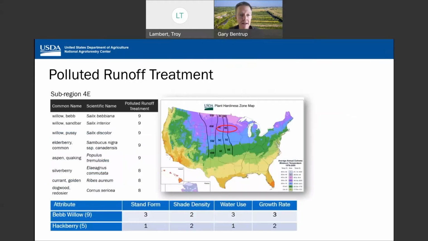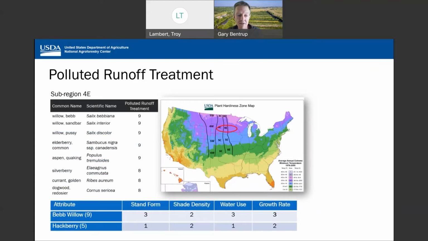So let's take a look at the polluted runoff treatment, and we'll pick zone 4E, which is where Sioux Falls is located. We can see that some of the top species recommended for this function are willow species. Other ones can include elderberry, silverberry, and golden currant. The table at the bottom helps illustrate how these rankings sorted out and where the overall number ended.